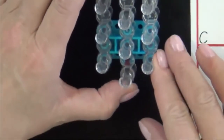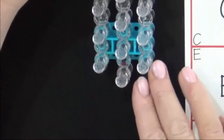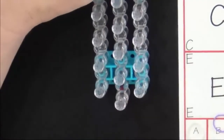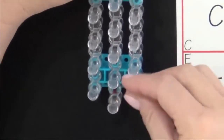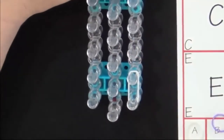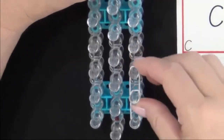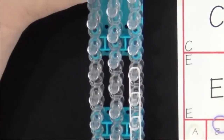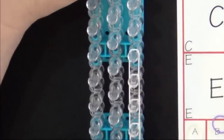If made on one loom, this bracelet will need to be extended to fit a wrist comfortably. To extend the bracelet, you must first decide how many additional bands you'll need. You'll place these bands on a single chain up one side of your loom. Smaller wrists may need only 3 or 4 bands. Larger wrists may need 6 or more. So you place these bands in a single chain,